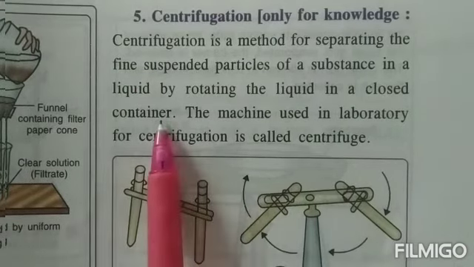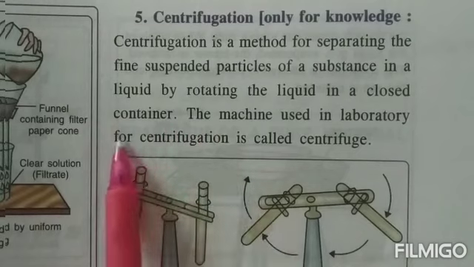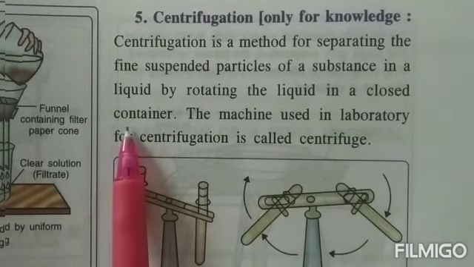And when it is rotated at very high speed, the fine suspended particles come and get collected on top of the liquid. Now this is a method, children, with the help of which we can separate the cream from milk. If you take a glass of milk, children, you will not be able to see where the cream particles are. But you take the same glass of milk, put it in your mixer and you mix it for 2-3 minutes only. You will see all the cream will come on top of the glass of milk in the form of a foam. That is what? Those are the particles of cream that were not seen earlier. So this method is known as centrifugation.